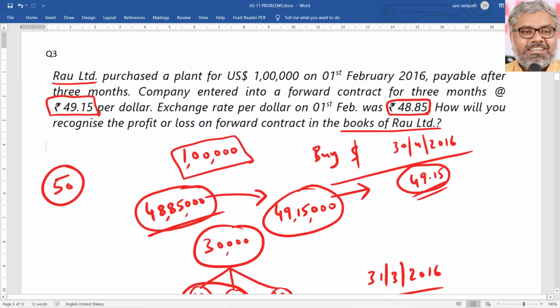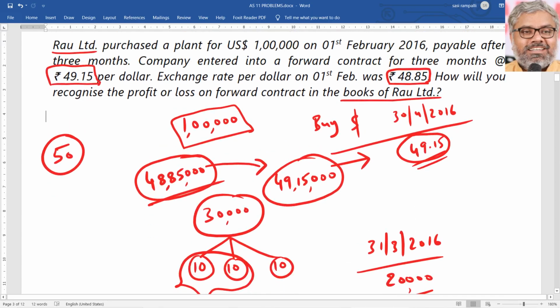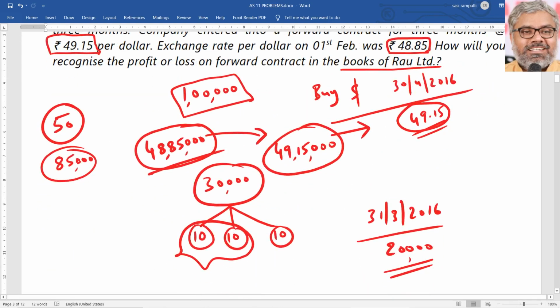Now we are looking at the forward exchange contract, its meaning and how it works. What is the importance or usefulness of that contract? Imagine if the actual rate on the date was 50 rupees per dollar. Then what happened? Rao Limited has easily saved 85,000 rupees. Not real, but definitely that is an opportunity gain. Why? Because if it really had to buy dollars on that date to pay its supplier, it had to buy at 50 rupees, but it has already fixed its liability at 49.15 rupees per dollar. Happily it purchased at only 49 lakhs 15,000 rupees.